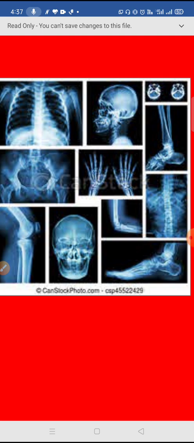You all know that these rays can pass through your tissues but they cannot pass through the bones, so bones act like an opaque object, as we have read in the previous chapter, and it makes a shadow. So ऐसे यहाँ पे, बोन से वो rays pass नहीं हो पाती हैं, so they take the picture of the nature of the bones. So here we can see the bones as a white shape against the black background. So it is important to take x-rays when we are having any bone problem or some kind of breakdown in bone.